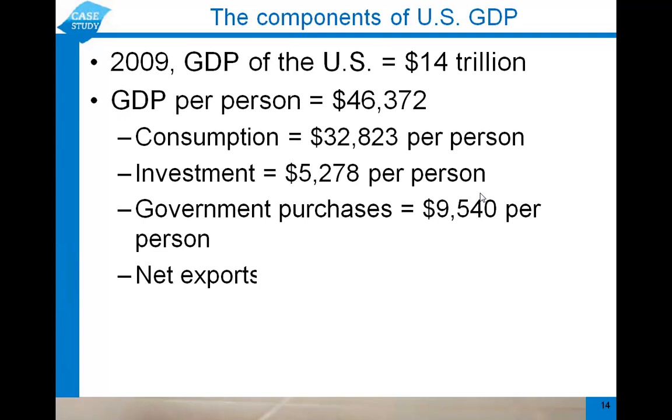So let's look at a case study here. In 2009, the GDP of the US was 14 trillion. Now, one thing that economists do is try to calculate how much, on average, each American produced. So what we can do is take that 14 trillion and divide it by the number of people living in the US. So here we've done that. We get